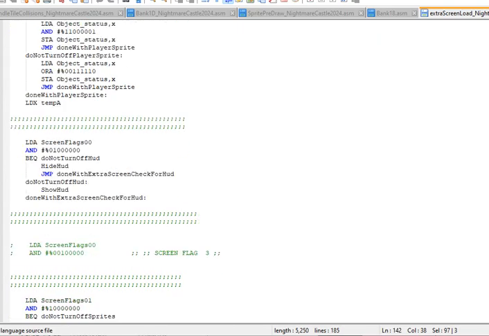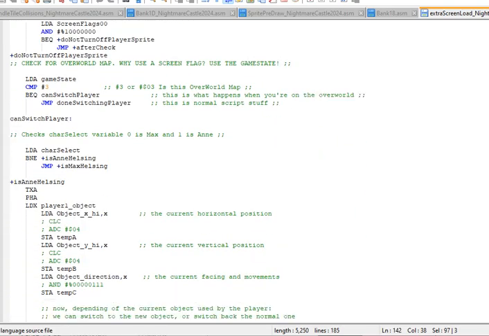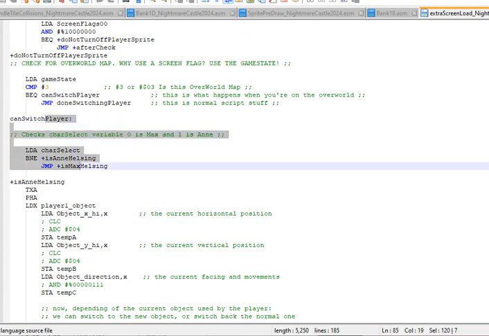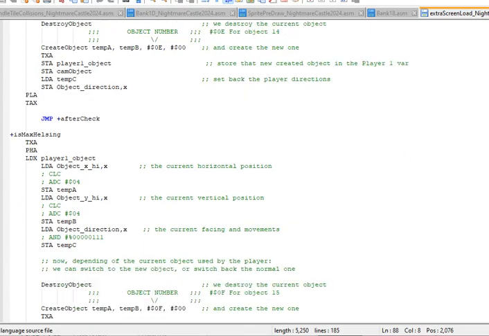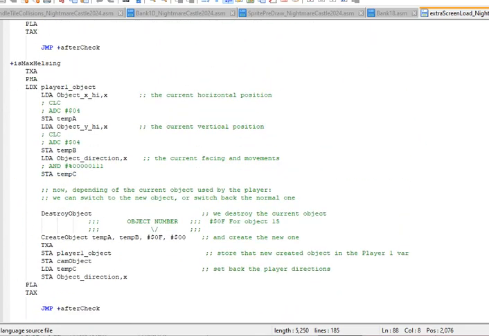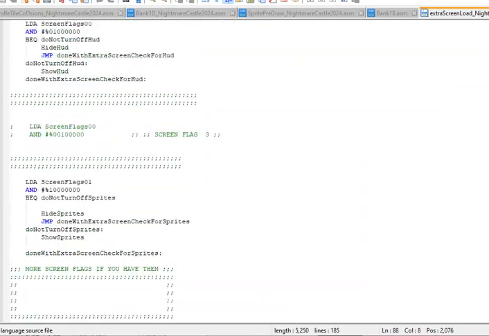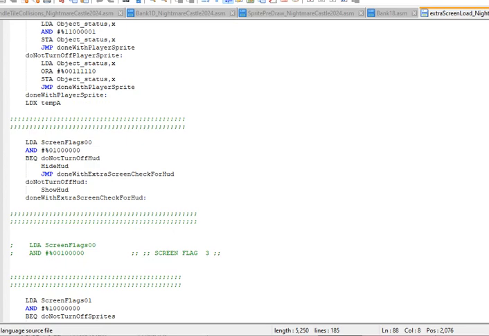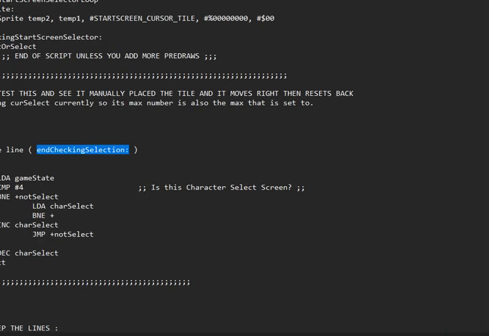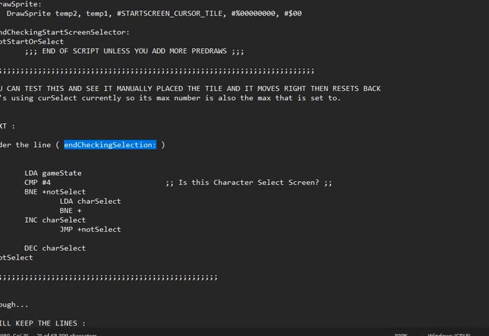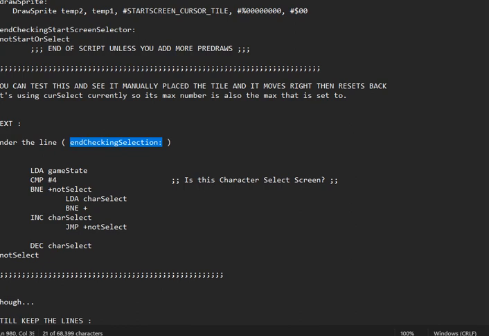Now, if you were to start on an overworld screen and not on just a screen already, this is what would happen just in case you started on an overworld screen, which we set up in a previous video. This is to double check everything. If you don't have an overworld screen, this part's technically not needed. Okay, so we're done with that. Then we go to